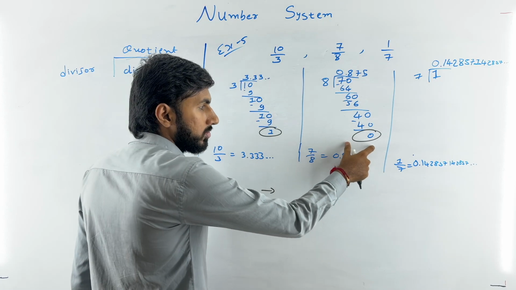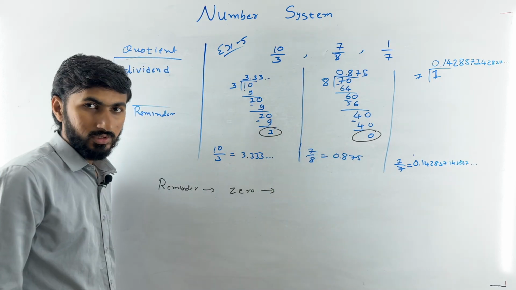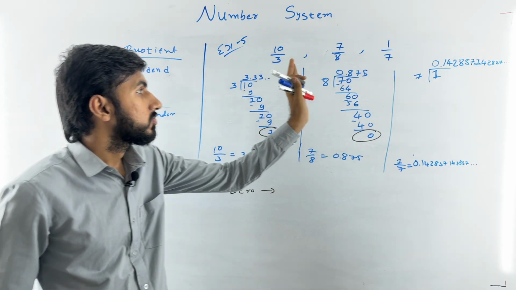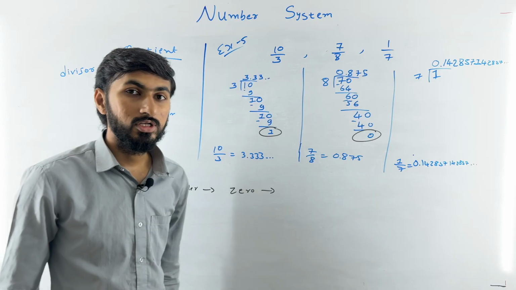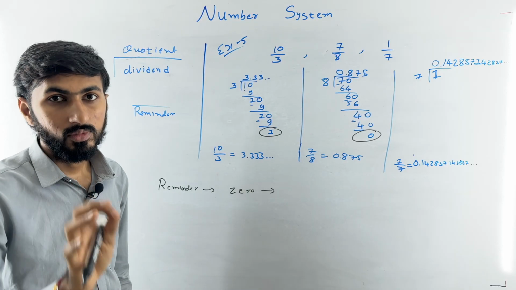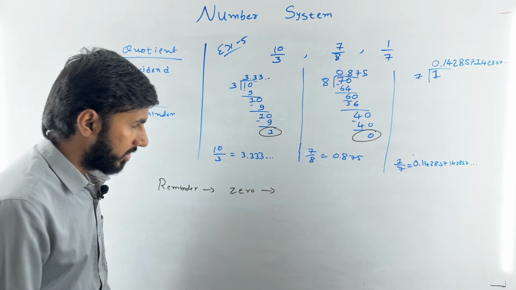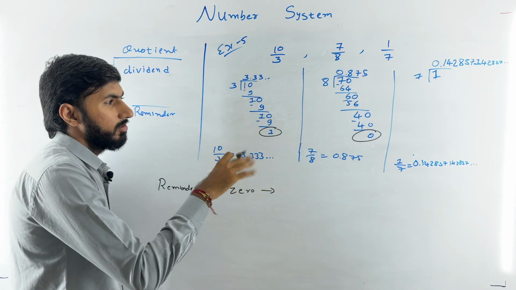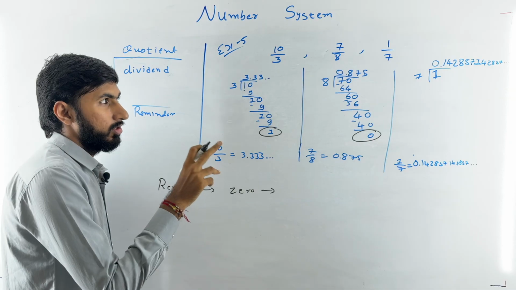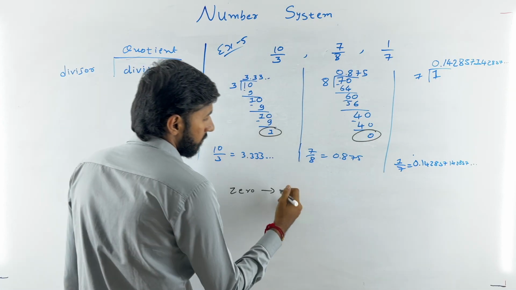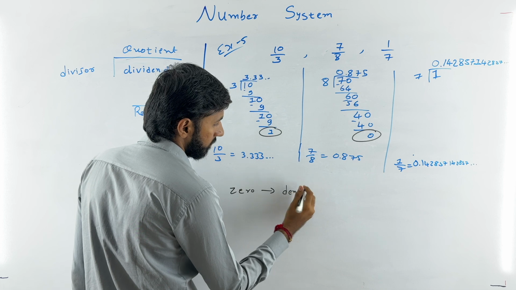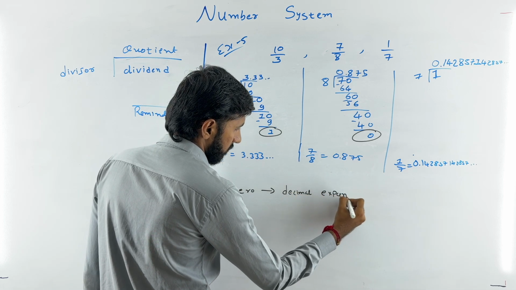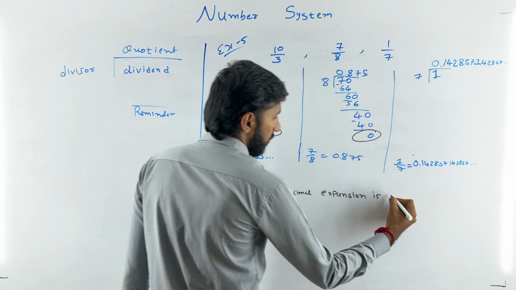So if the remainder becomes 0 at any point in the division process, that means the decimal expansion stops at some digit after the decimal point. No matter where it stops, it will stop, right? So if the remainder becomes 0, we use the term terminate for the term stops here, right? So that means the decimal expansion is terminating,